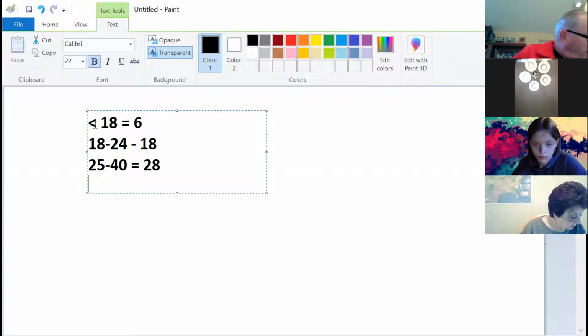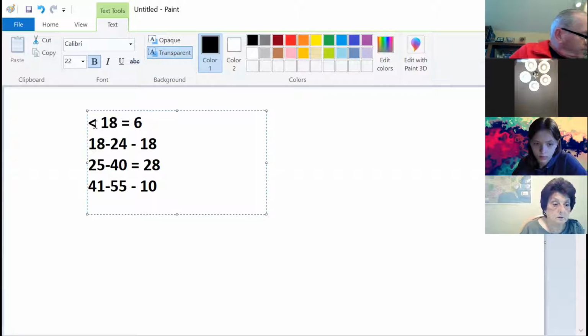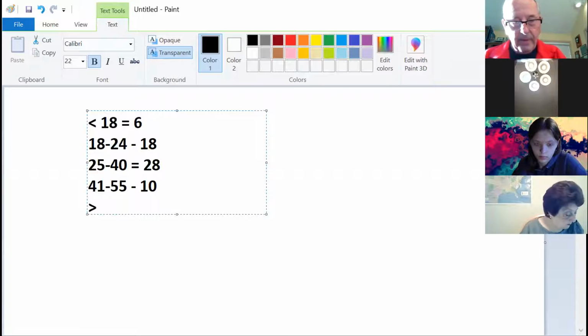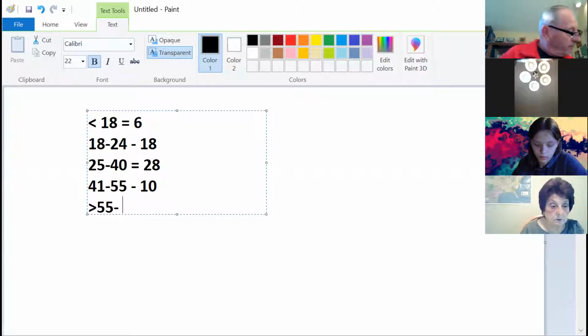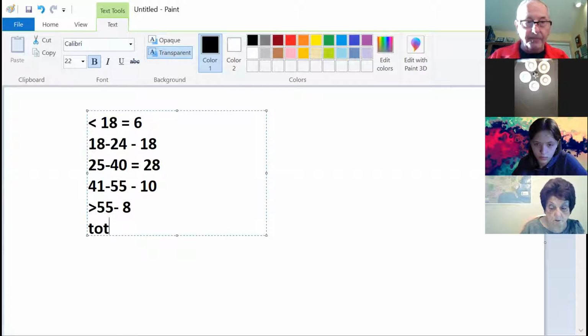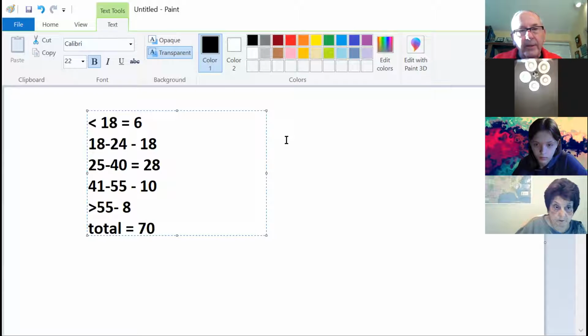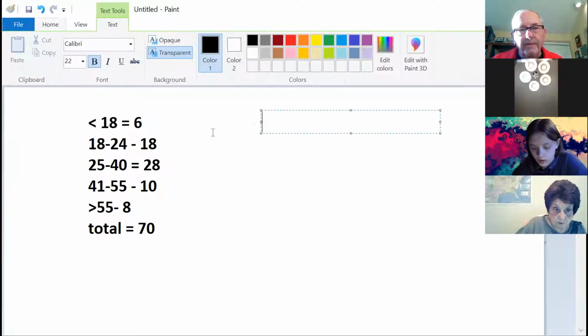And then 41 to 55. 10. And then over 55 is 8. And we said that if we added all those up, it's equal to 70, right? Right. Okay, so now all we're doing is figuring out what the percentage is in each one of these